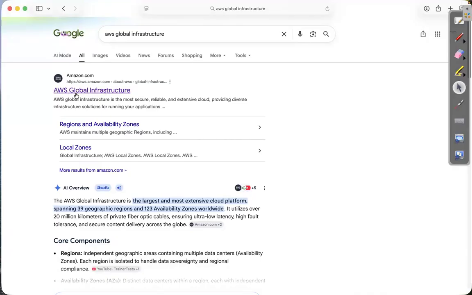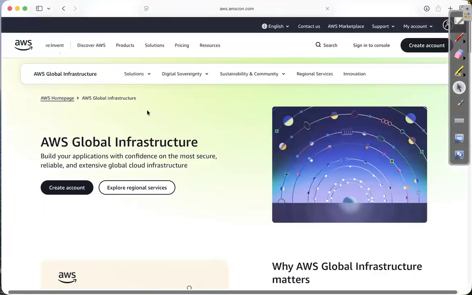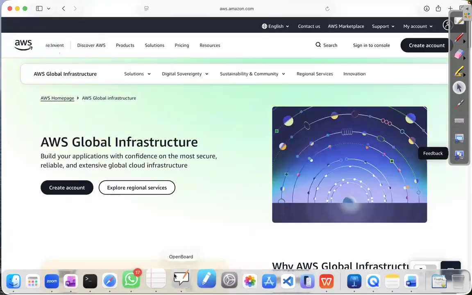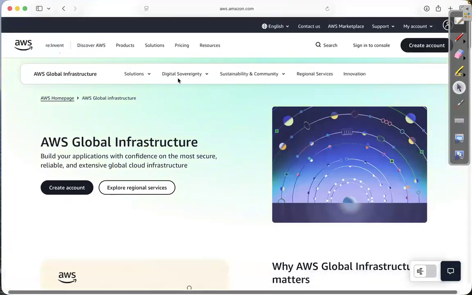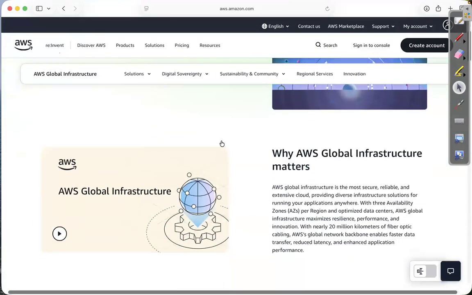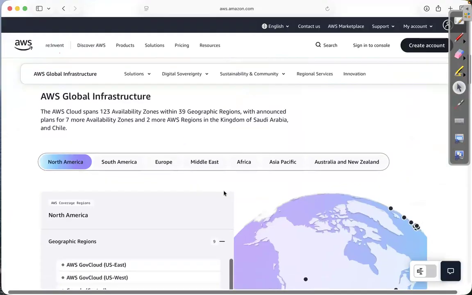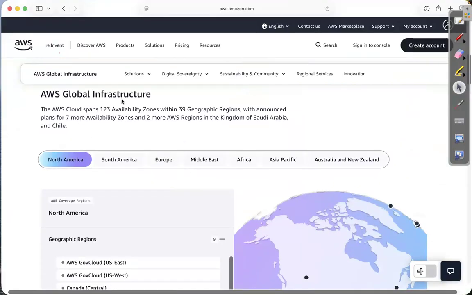This is official documentation, AWS global infrastructure. You see here, AWS global infrastructure. The AWS cloud spans 123 availability zones within 39 geographic regions.